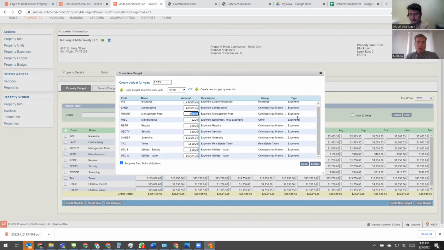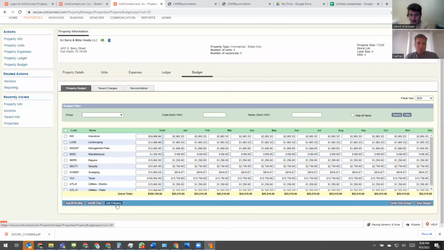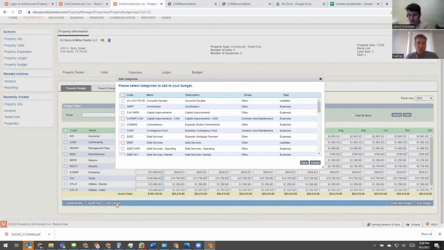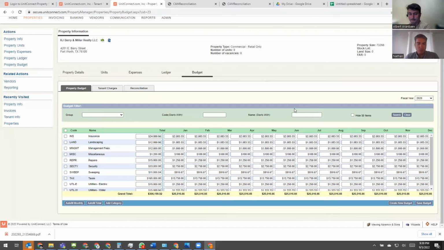And how do you handle if there is an account or a chart of account that you want to add that's not already in the existing list? Yeah, so you would basically add a category right here. Once the budget is created, you can select one or more categories to add. All right, excellent. And so once you've created that budget, what's the next step? So once you created the budget,